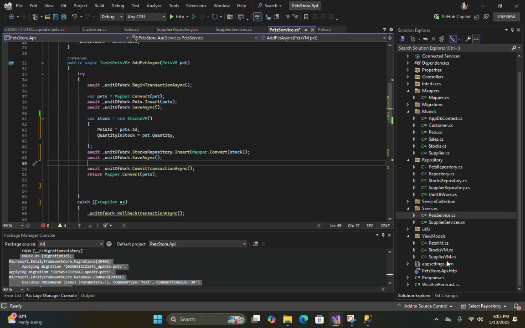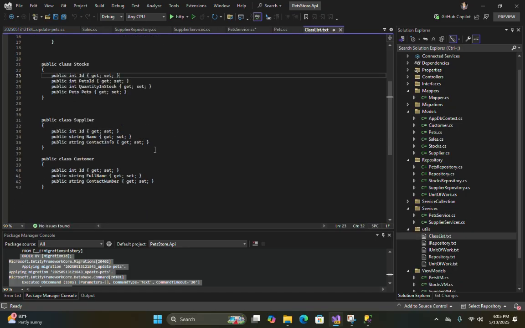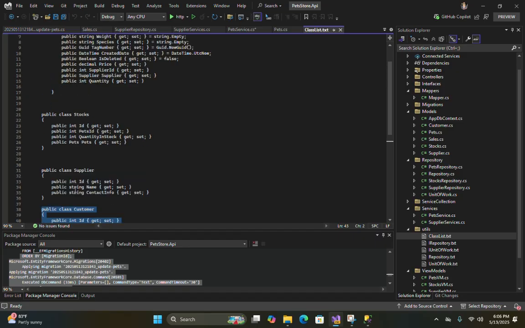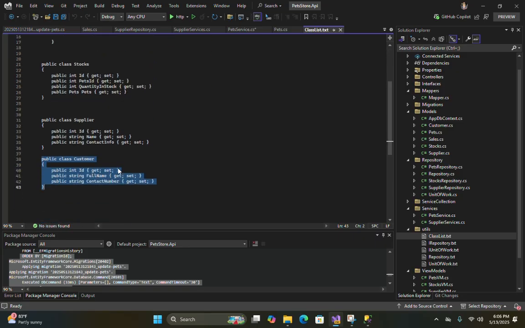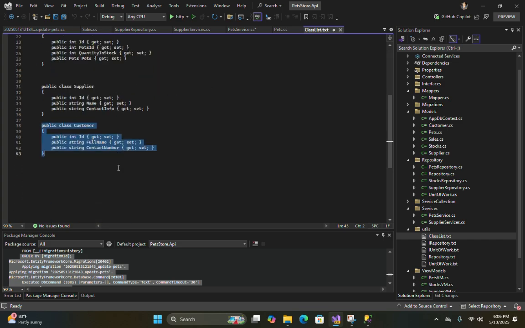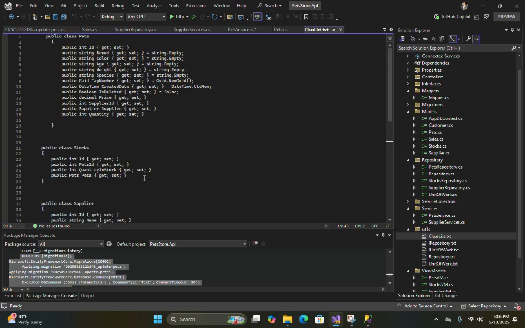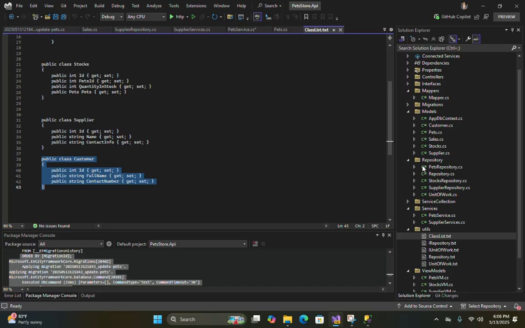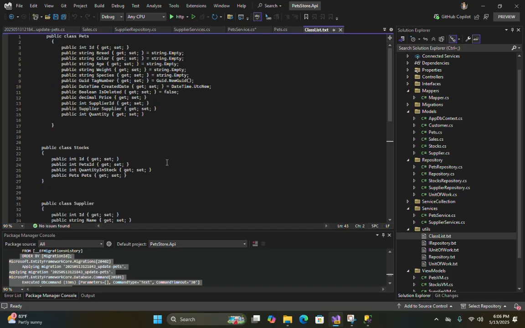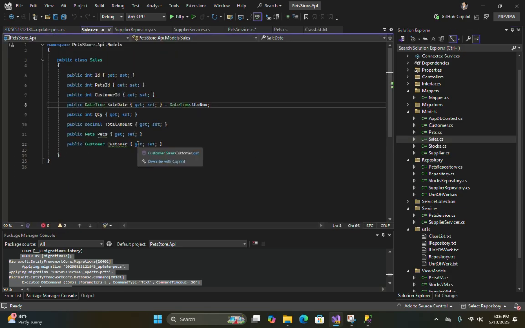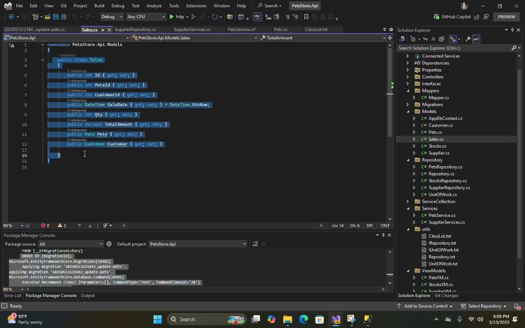Now today let's visit our class list. Let's see our class list. Now we will do a customer setup. So we want to sell our product, right? So we need the customer table as well as our sales table. So let's go to the sales table. We also update the sales table.